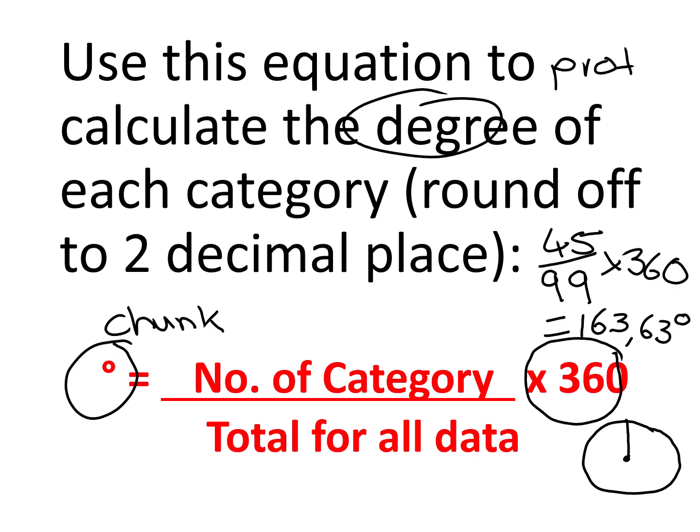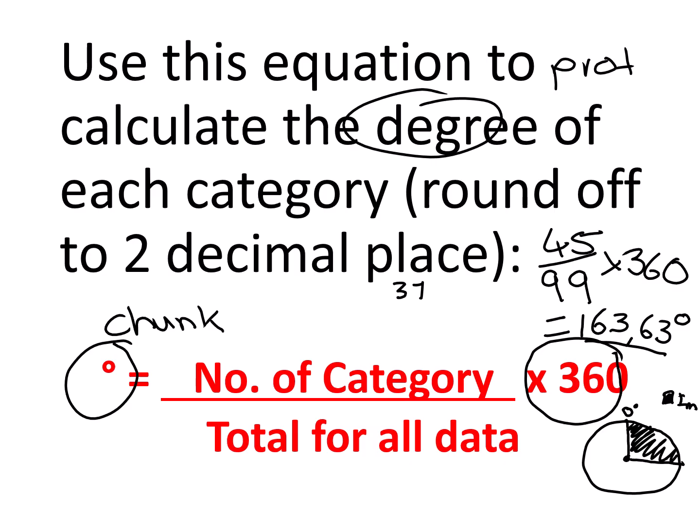Now with your protractor, you're going to put the 0 degrees over here, and you're going to measure 163.63, and then this is your chunk of impala. Okay, so then obviously you can use your key and you can say this is your impala. Okay, so this is then your chunk that you drew of 163. The other one was 37.